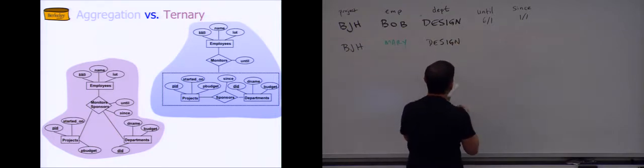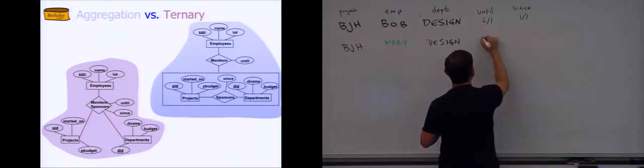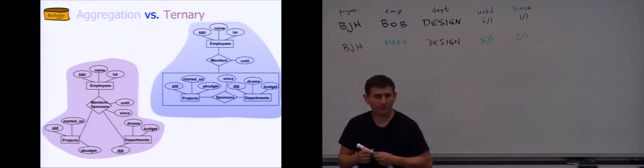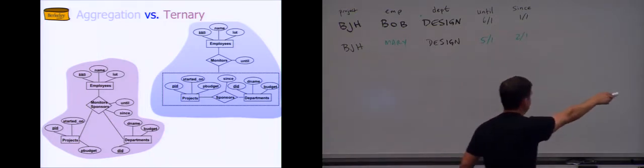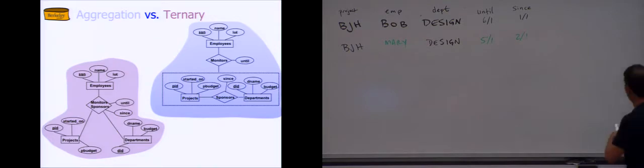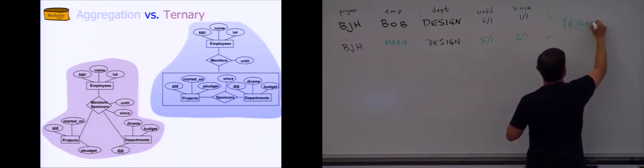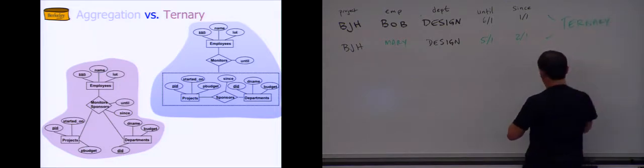But with different until and since. So we said this was 5-1 and this was 2-1. Okay? That's what we drew on this. So this all relates to the ternary relationship example. Now we can do the two binary relationship examples